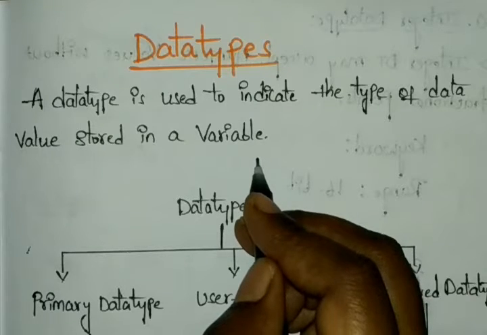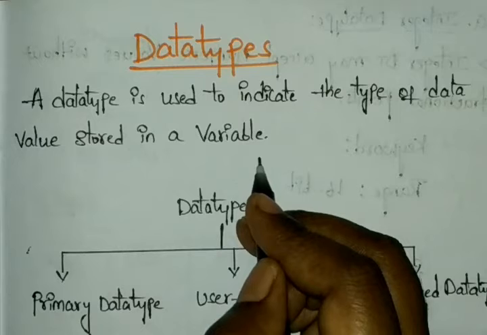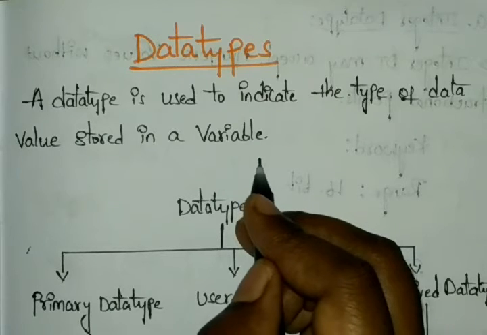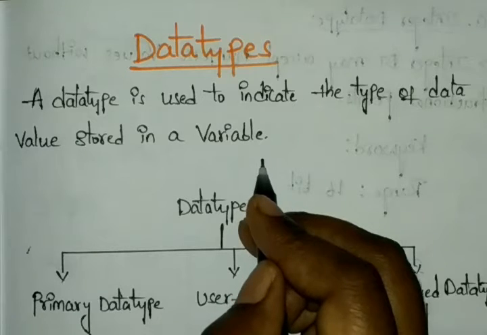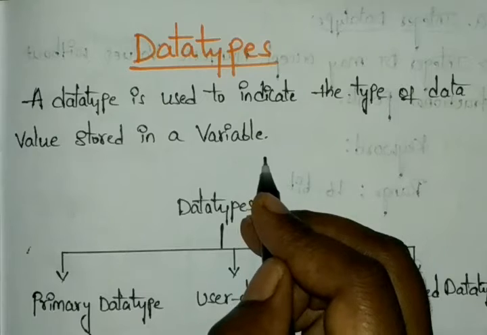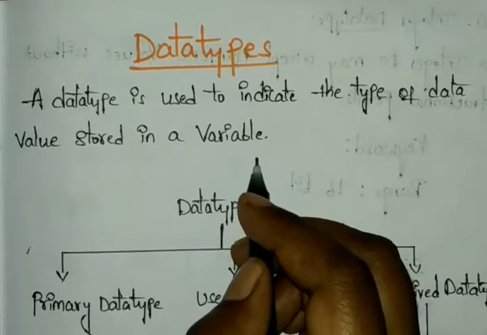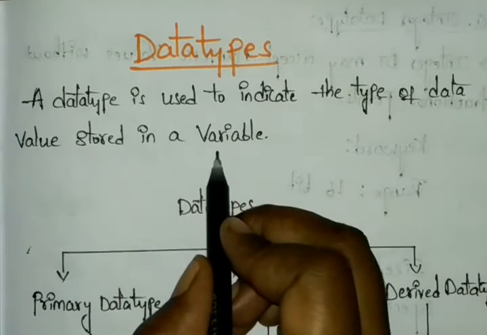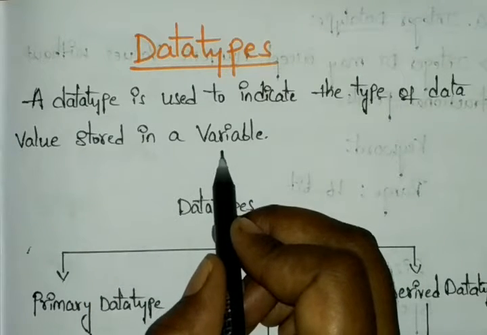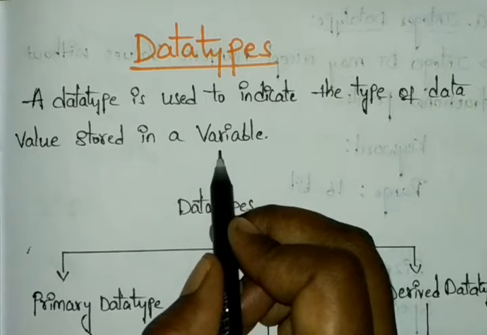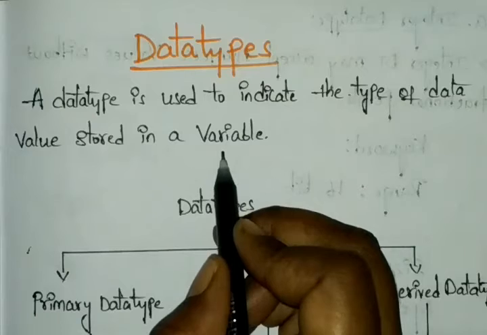Also, whatever data types you have given are attached until the end of the execution of the program. So it is not only for that statement; it continuously works until the completion of the program. Once we write the data type in our program, until the completion of the process of execution, your data types will work in our program.